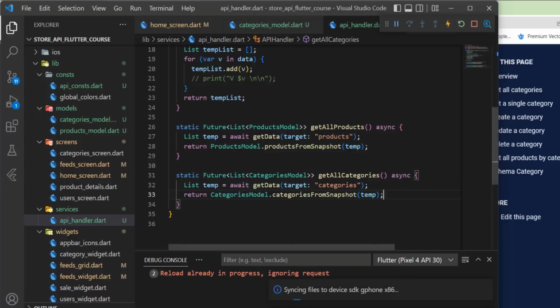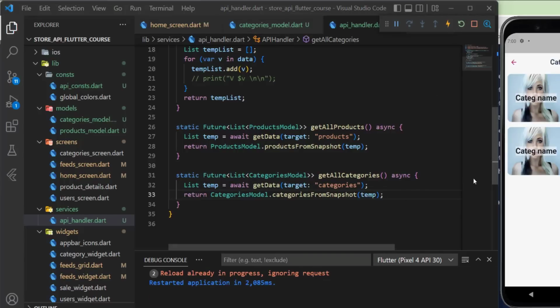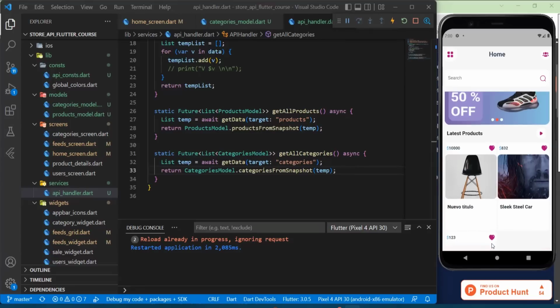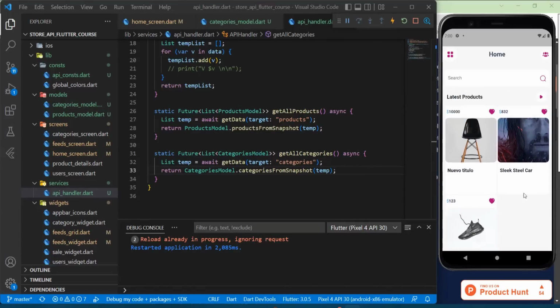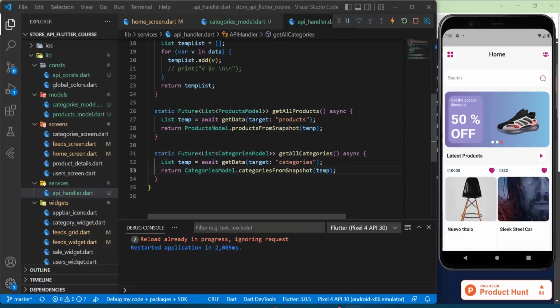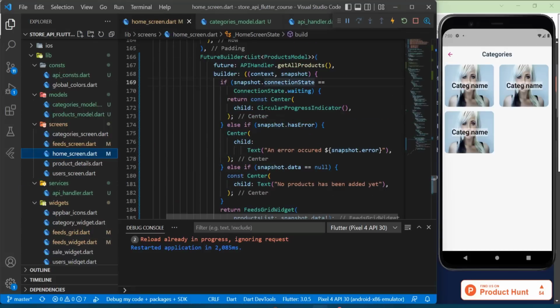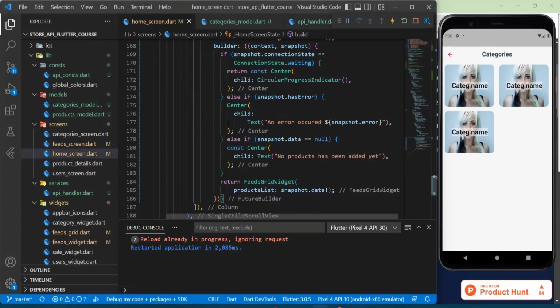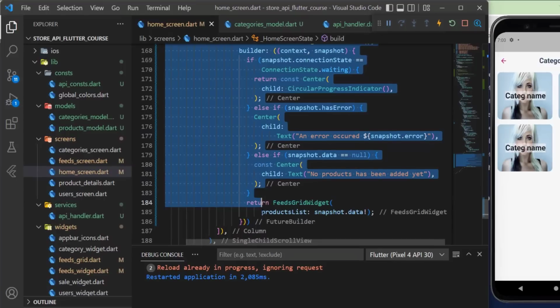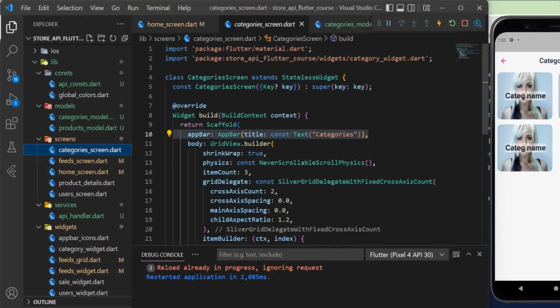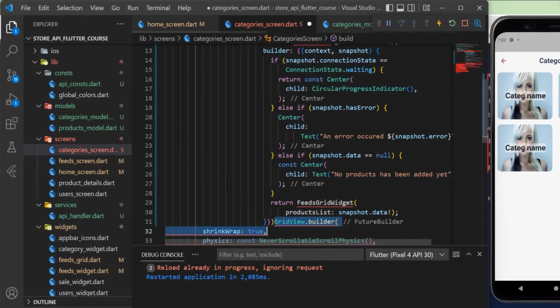Now I will restart the application, and let's see if I will get an error, because we are fetching the products here, and we got the product, and I got no errors. Now we can proceed, and we can use this function inside of this screen. So just like we did for the home screen to fetch the products, we can copy this future builder. So let's copy it here, and then we can paste it in the categories screen like this, and let's cut